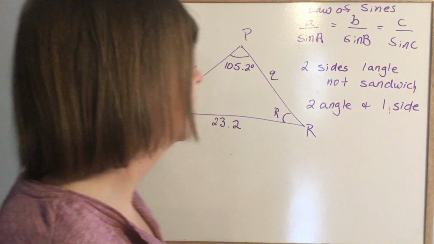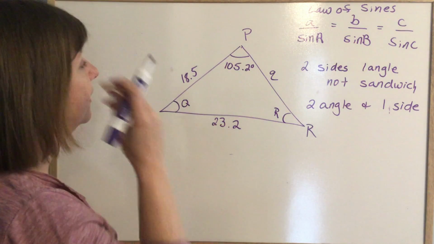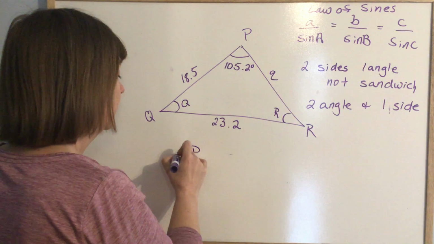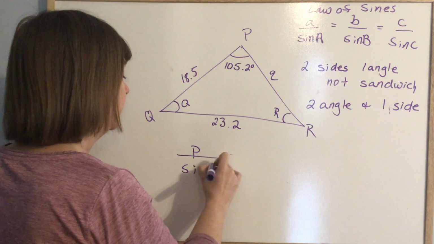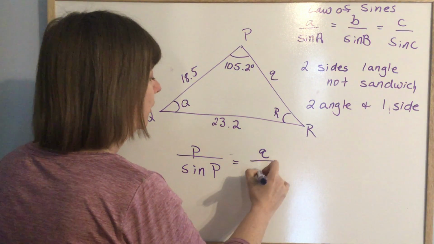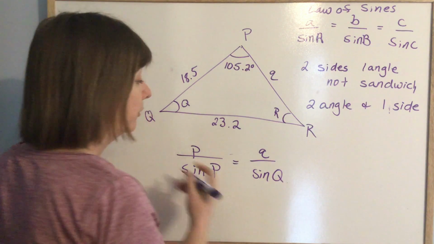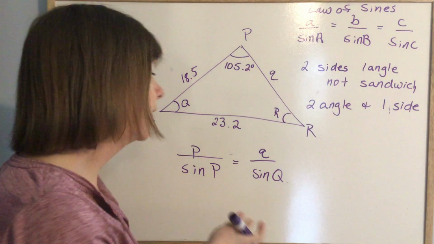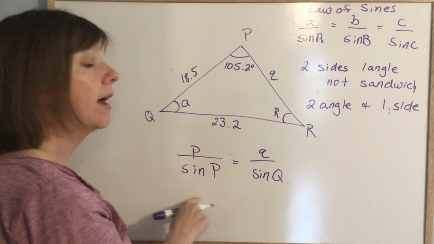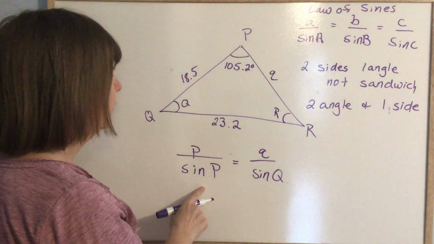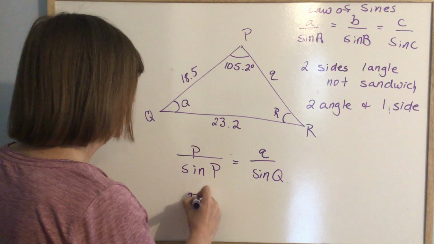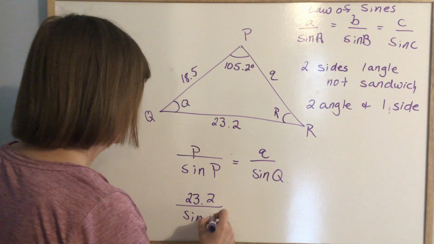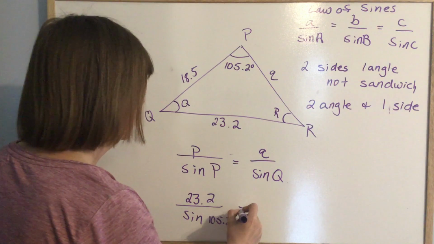So, for example, I could say that P over sine P equals Q over sine Q. I really just need one fraction equaling another fraction, and I'm going to use the letter that I know everything about, because if I know this one, side P is 23.2 over sine of angle P, which is 105.2, is